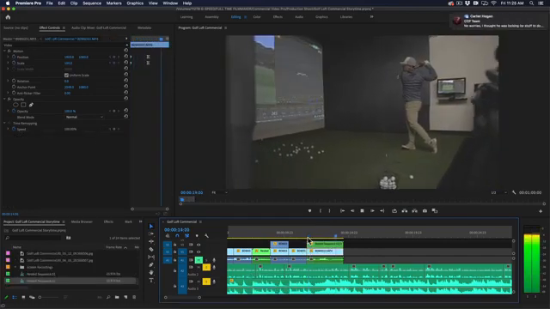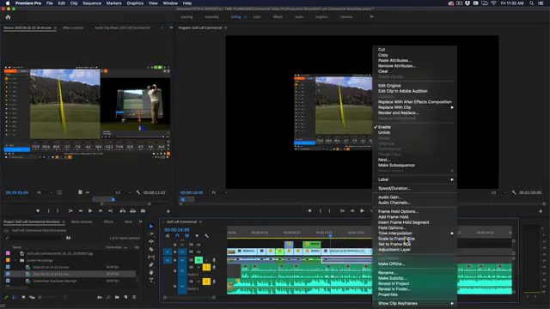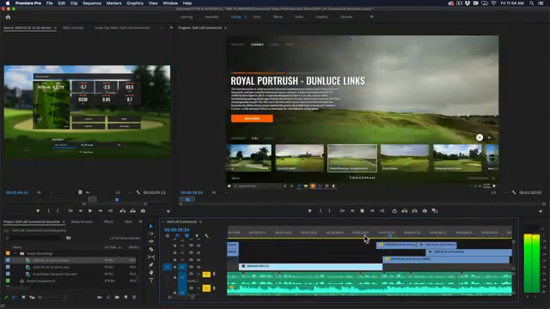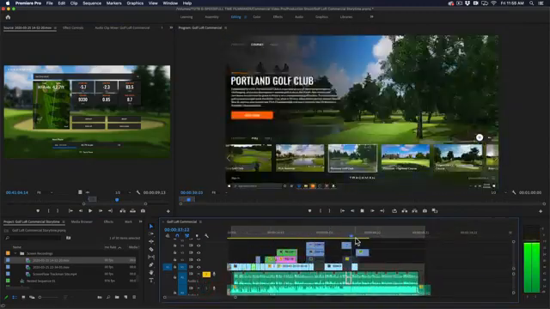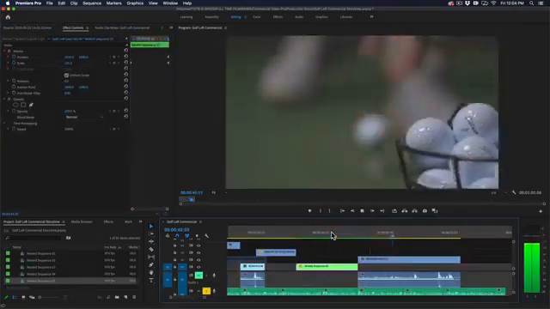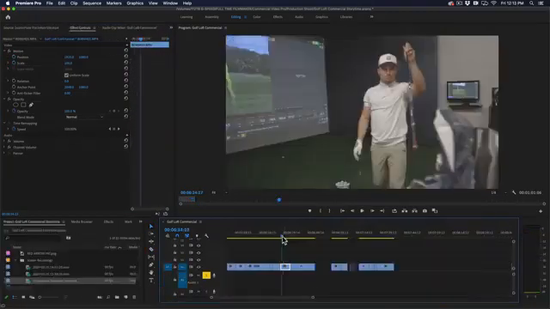And for the sake of time, we'll fast forward through building out the rest of the story, but basically I'm just listening to what the voiceover is saying and finding visuals to match, and then cutting to the beat of the music and adding speed ramps or digital zooms where they help the edit flow together more seamlessly. And then